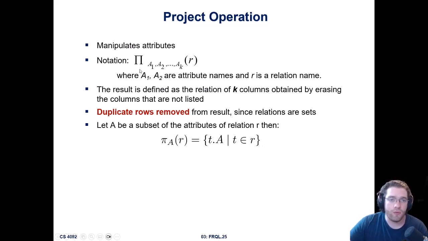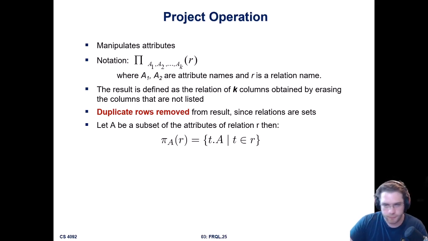The notation that we use for it is the two columns. So we say project on relation R for every attribute A1 up to AK, and that's the specific names of that attribute. This result that we get here is the relation of K columns attained by erasing the columns that are not listed. Okay, so again, we're not deleting them, but we're presenting a new relation, right? Because we're always getting a new relation out of this,